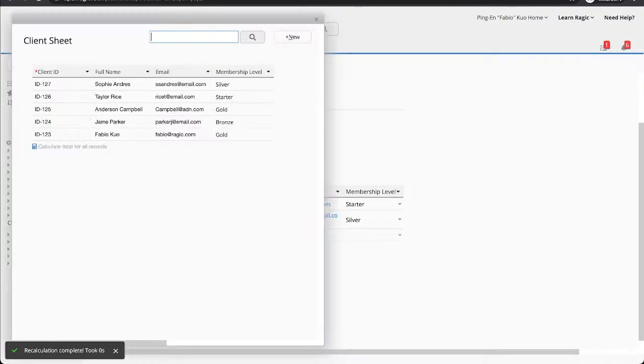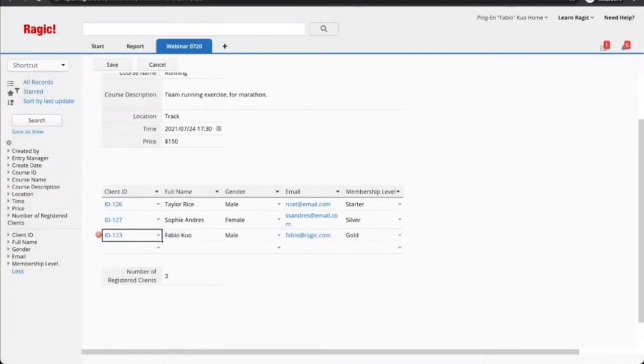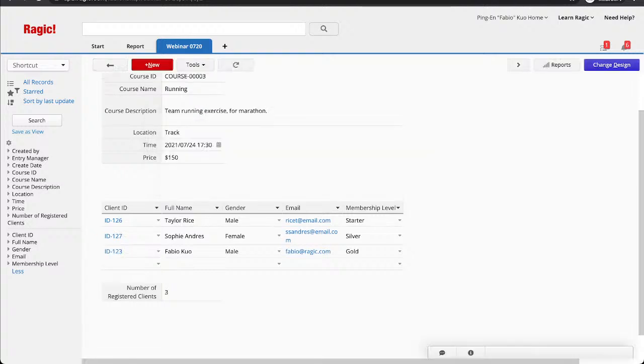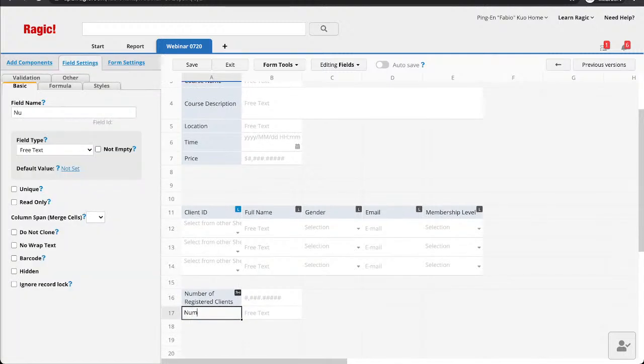If I add a new client, save, it changes to 3. I can also apply other types of formulas. So if I would like to count the number of gold members, number of gold, again, change it to a numeric field.